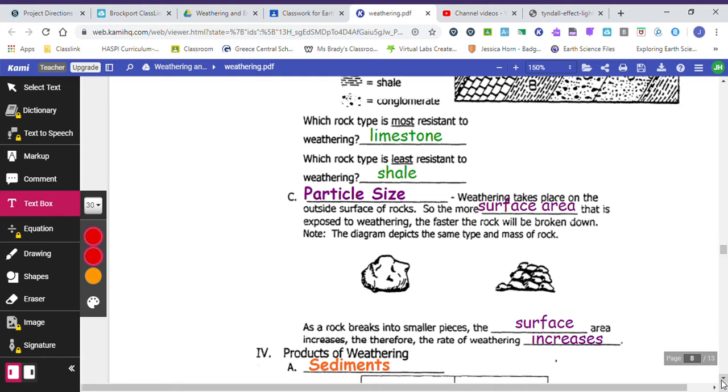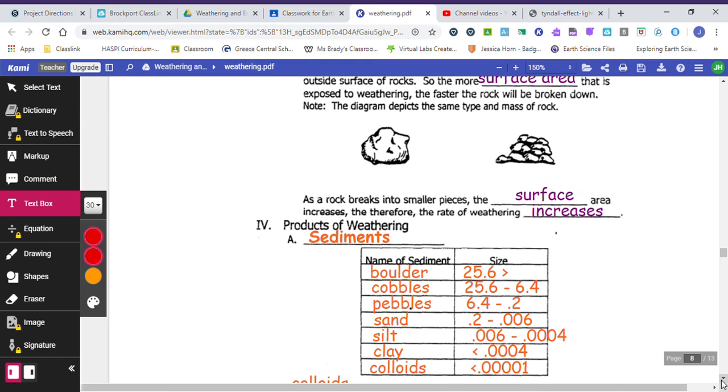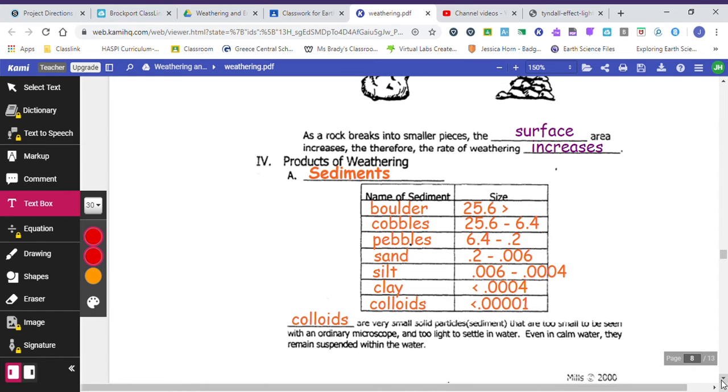Okay, so when rocks are weathered and they're broken down into really, really small pieces, they're broken down into sediments. We've talked about sediments before because sediments are what make up sedimentary rocks. You might have to press pause here so that you can get that all copied down, but this is right in your reference tables. Okay, there are lots of different types of sediments. We've got boulders, we've got cobbles, we've got pebbles, we've got sand, we've got silt, we've got clay, and then